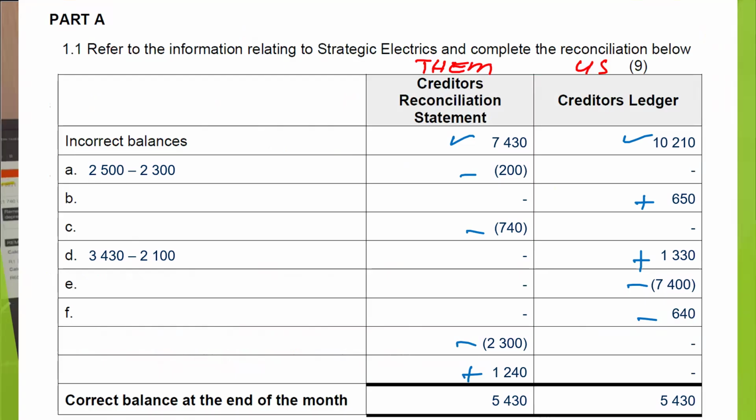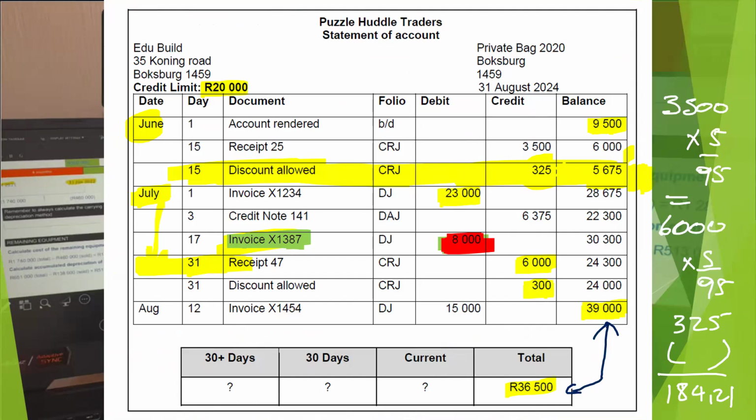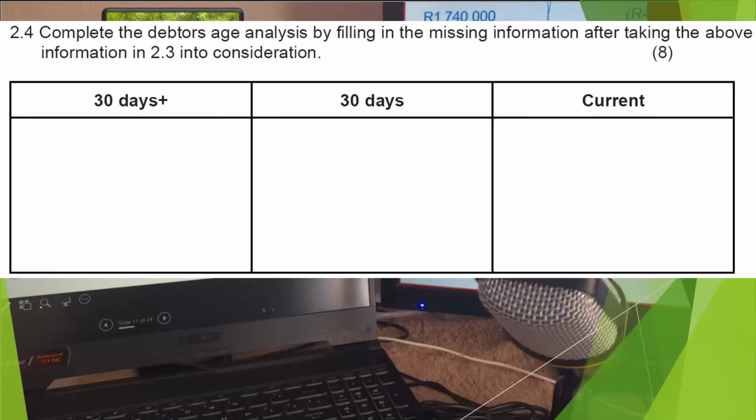The current month is normally the month that is written in the statement. And the month written in the statement of account told you that it was for August. So the current month will be August. Before August, 30 days will be July, and then we're gonna have June as 60 days. So for June, we already have a balance amounting to